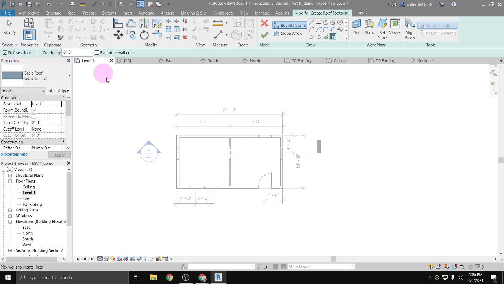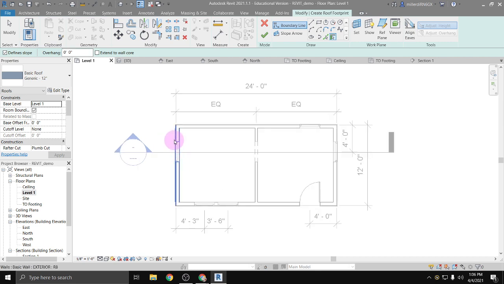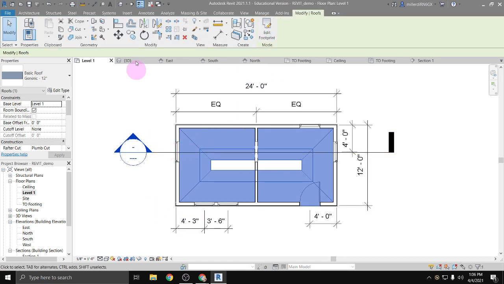We can change an overhang for it by default. So our building has 0 overhang. So I'm just going to click on all 4 walls. I get those same boundary options up here that I did with my floor. And without changing any settings related to slope or anything else, I'm just going to click the check mark,